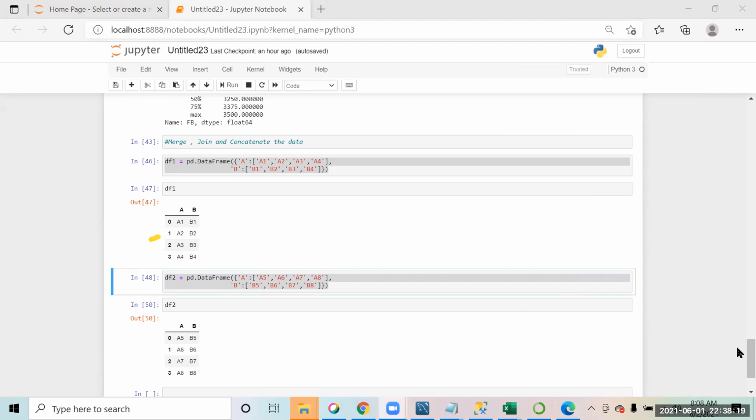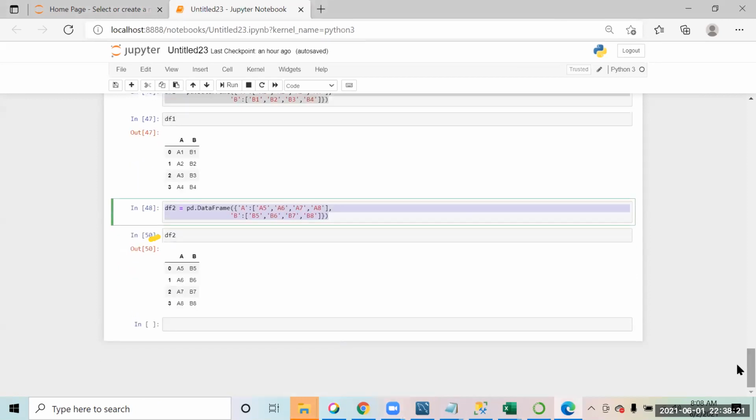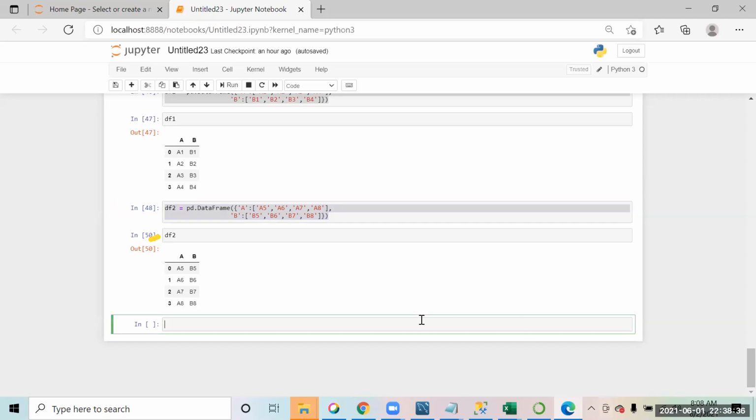Now if you have to concatenate, what concat does is glue the data sets together. It brings all the data sets one below the other. If I use the function pd dot concat, it's like a union clause.